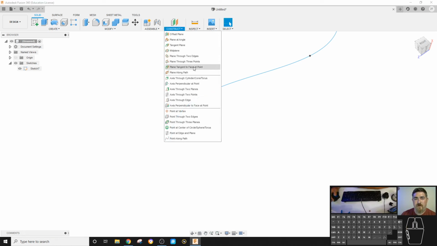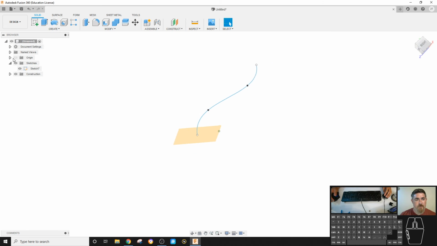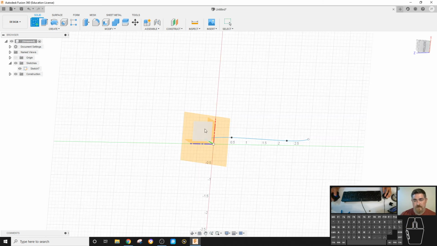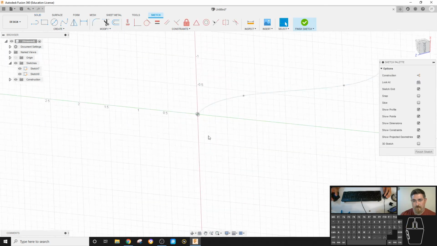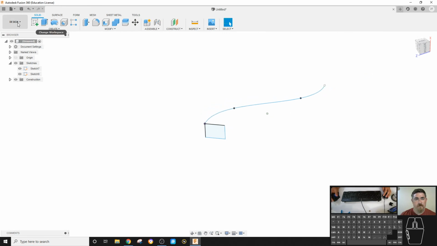So if we're going to construct, there's this option, plane along path. You can pick that path, then just pull that all the way back to the beginning. And so now we have a plane that's at a different angle. And now we can create a sketch on that plane. Now if I do that rectangle like I did at the beginning and sweep,